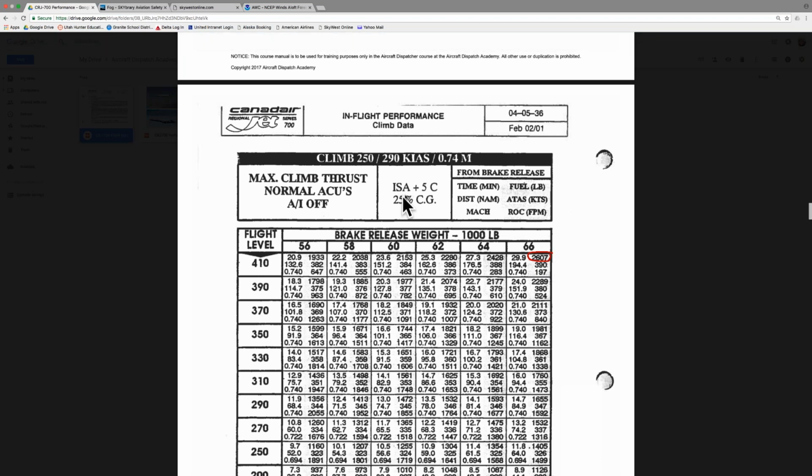Okay. What do you think, since we've talked about pressure altitude, density, and temperature, and what it does to the performance of the engine? What do you think is going to happen when we go to negative degrees? What do you think our fuel burn's going to do? Is it going to get less or more? Are we going to burn more fuel or less fuel?